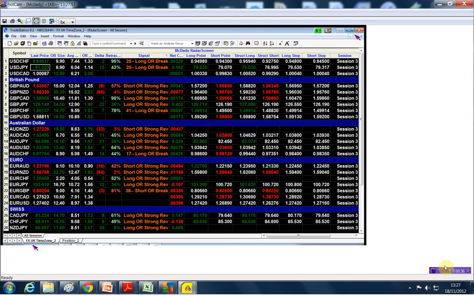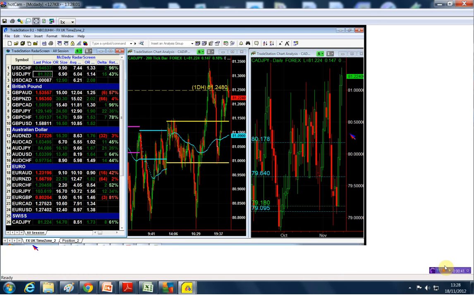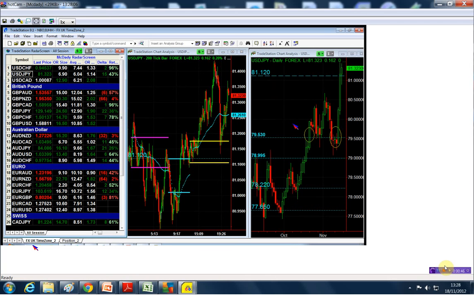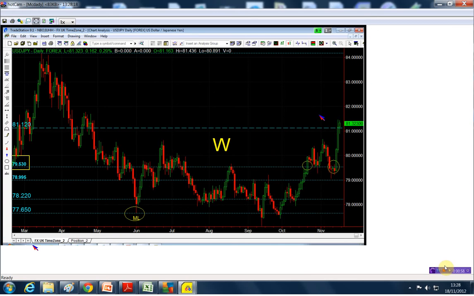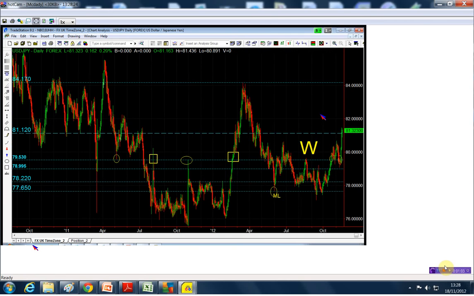And this is the chart, as you can see. The dollar yen. This is the 79.53. That's the explosive move that followed, and this is where we are at today. We are above the new structural point, which is the 81.12, our structure point over here. The next structure point or significant point